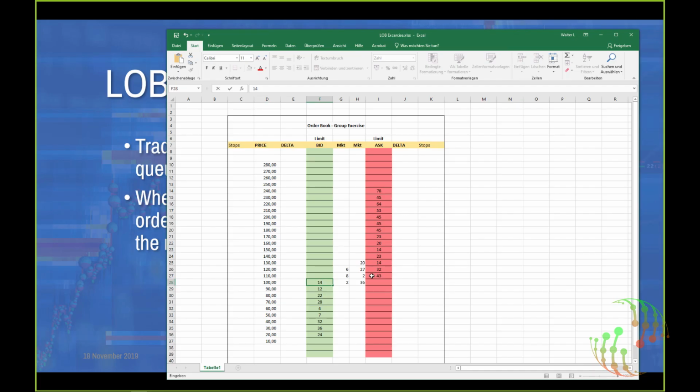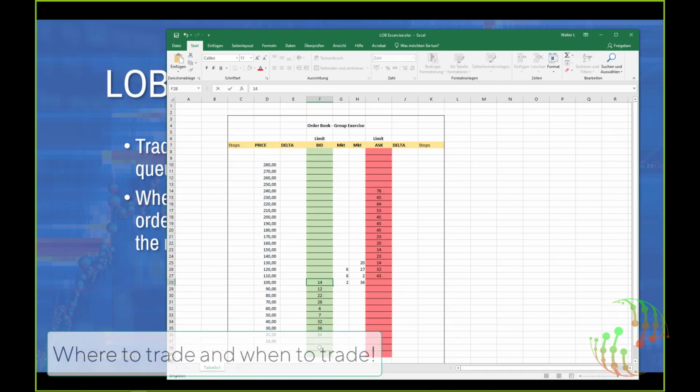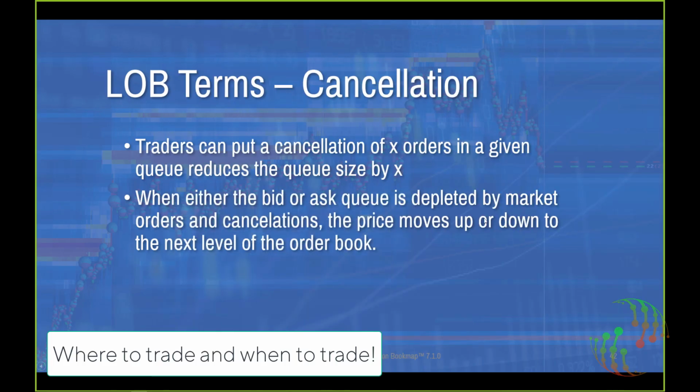It's very, very hard for thin instruments like 6E, or what do we have, CL and Q, for example. It's extremely hard because the liquidity displayed on both sides is so thin that one contract or 20 contracts sweeps through all prices here. So we are talking about thin and thick liquid markets. We'll come back to that. But the queue is depleted by market orders and cancellations. That means